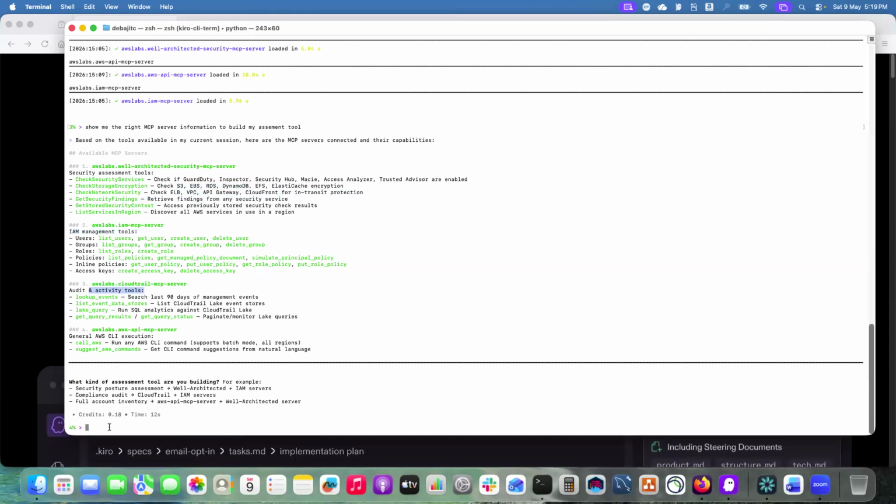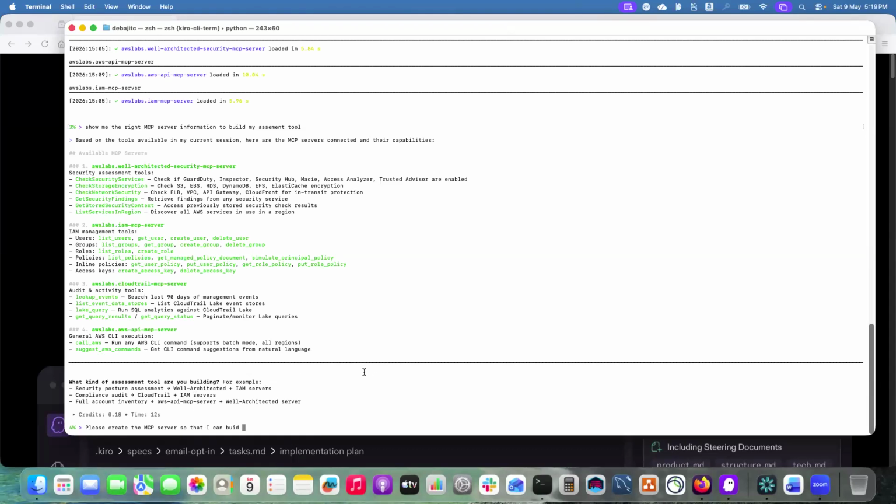Then you can say, please create the MCP server, in plain English, so that I can build my applications. It will create the MCP server, and then it will ask step by step,